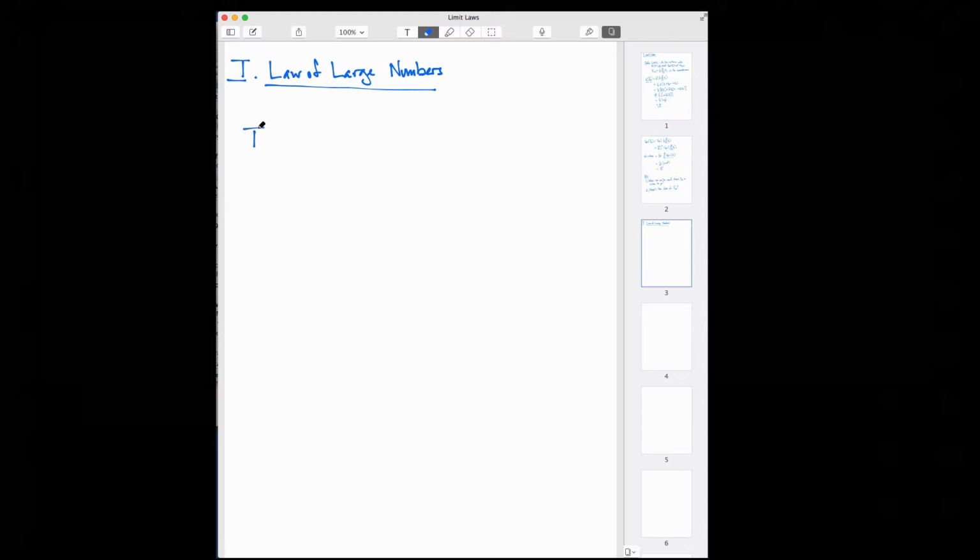So here, let's just write down what the law of large numbers says in terms of the weak law. So this is the weak law of large numbers. And because we're going to be writing the law of large numbers so often, I abbreviate the law of large numbers LLN. So the weak law is then WLLN. And what this says is that for some infinite sequence of random variables, I'm just going to let that be X1, X2, and so on and so forth, and that's going to be a sequence of IID random variables